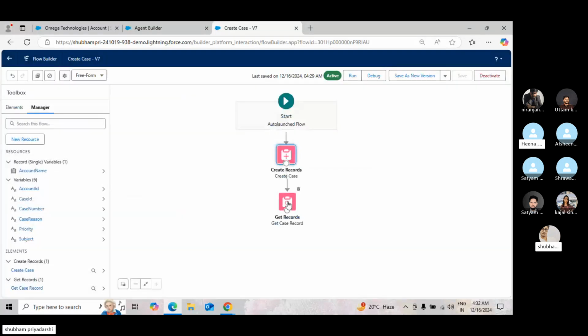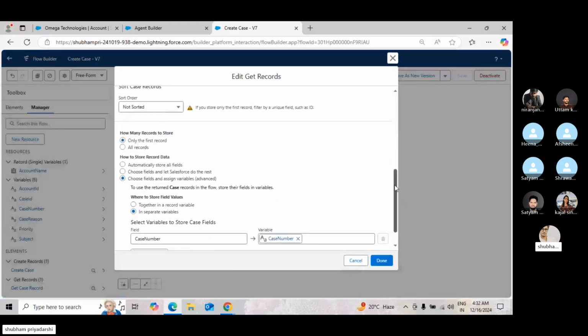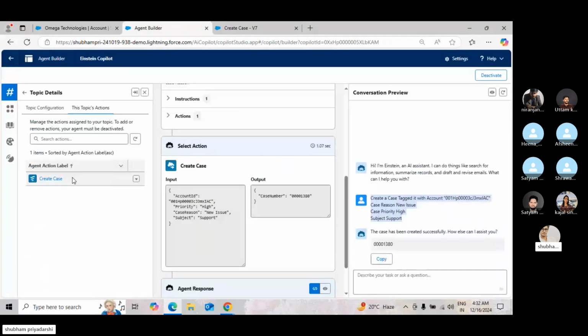Now come to the get record. In the get record, the case number is an auto number field, and I just took a variable, so I equated that field from the object and the variable which I'm taking for the manager, both are equal, so that it can give the output. It is for the output, actually. If you go here in the agent and click on this create case,